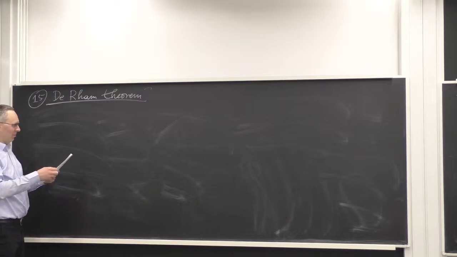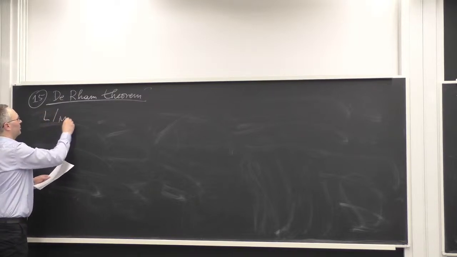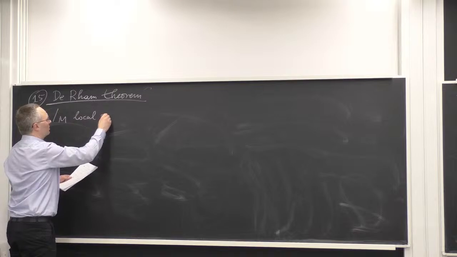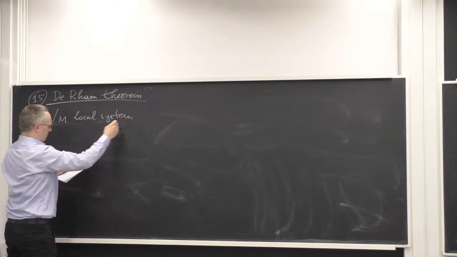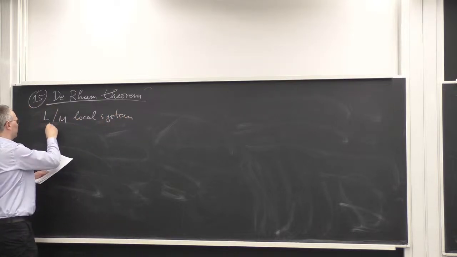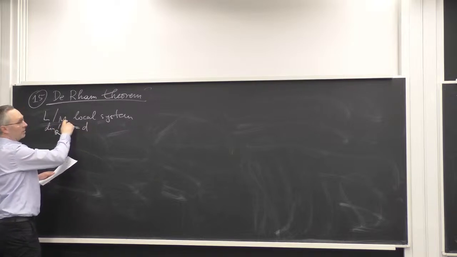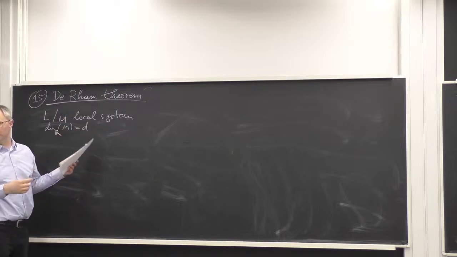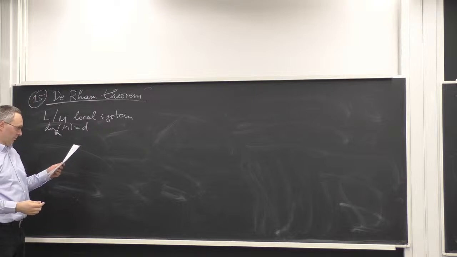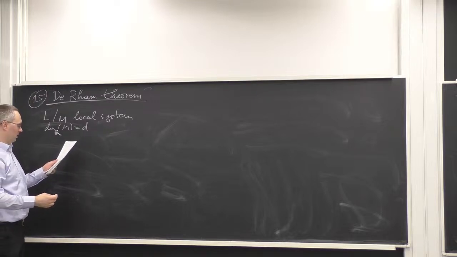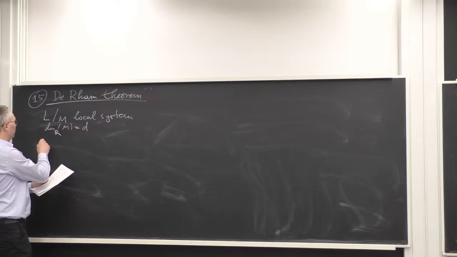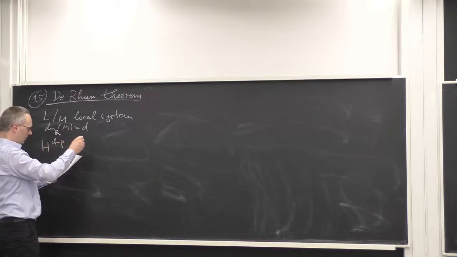So let me recall the theorem. Let L over M be some local system, and let the real dimension of M be d. M is the left-hand side of the dictionary, so it's a smooth manifold, compact manifold. Then the theorem tells us that there is a canonical isomorphism between, I'll write it like that, H^(d-p)